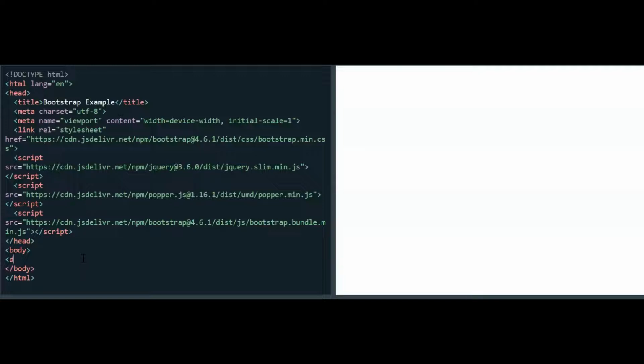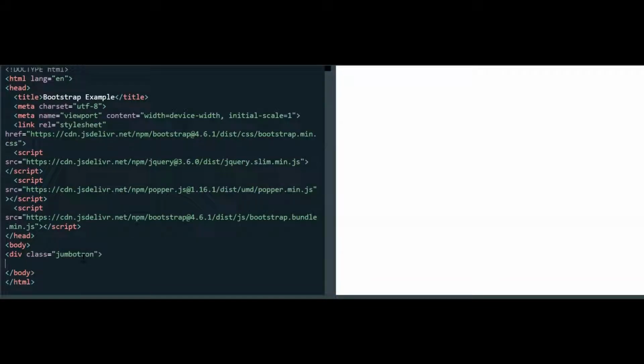Okay, so here I am taking a div tag, and I said class is equal to Jumbotron. Okay, so class is equal to Jumbotron, and let me give some color to the Jumbotron. I'll do the basic one, and then we'll add more styling to it. So I have just created a Jumbotron, and inside this Jumbotron I'll be taking the